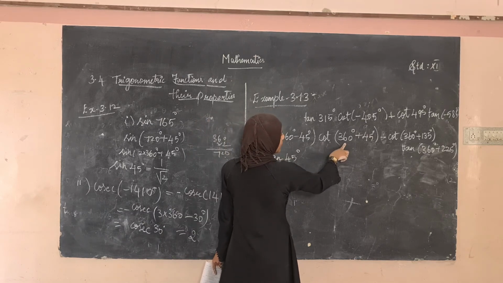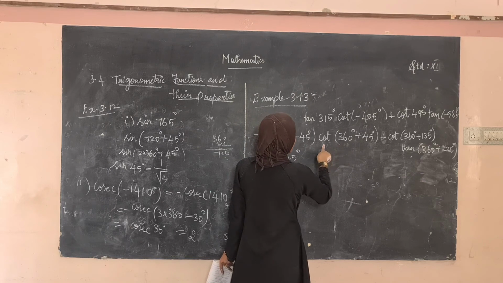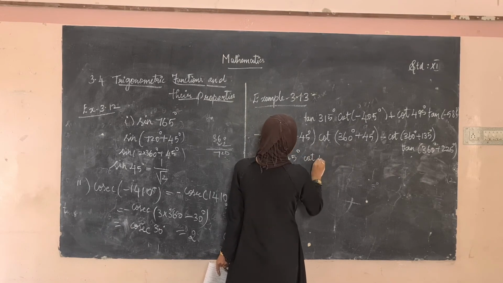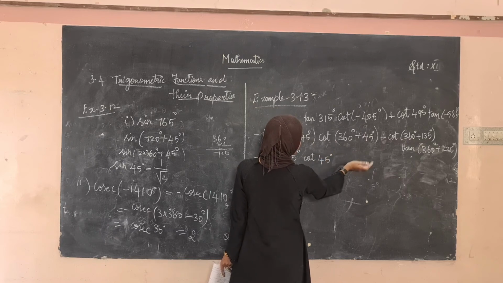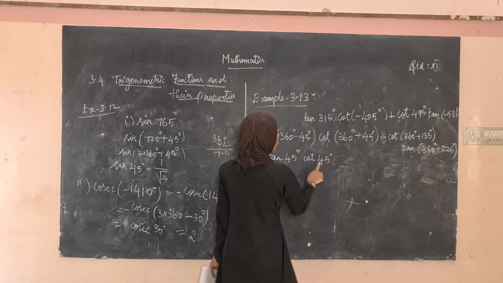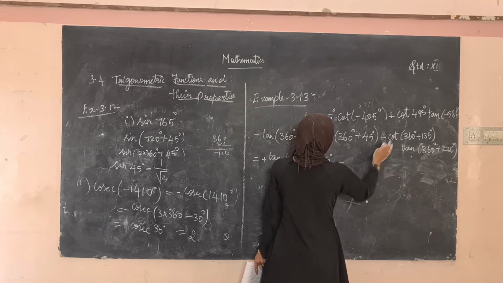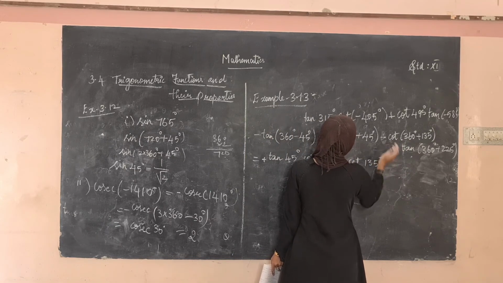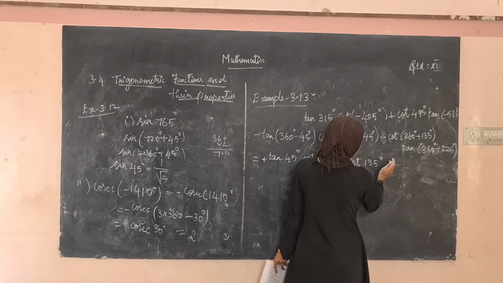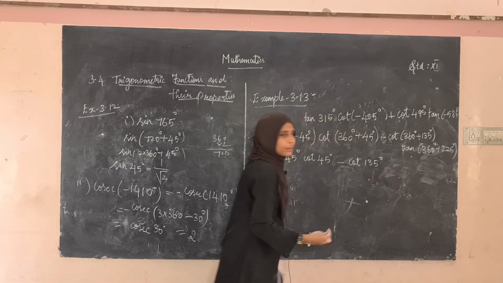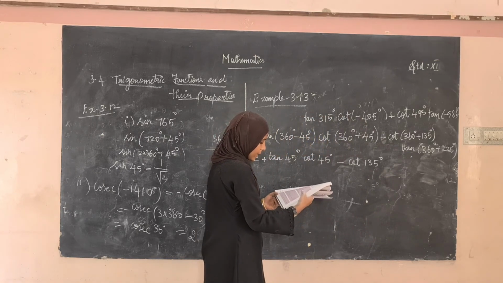And then cot. See here it is 360. So, what is 360? 360 we should not change cot. So, cot as it is and 45 degree as it. 360 plus 45 is in the first quadrant. First quadrant everything is positive. Therefore, cot 45 degree minus. So, cot here it is 360. Should not change the trigonometric function. Cot 135 degree. What is 360 plus 135? It lies in the second quadrant, right? Am I right? It lies in the second quadrant.